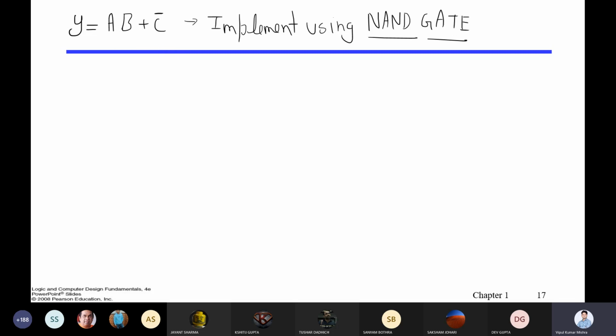Now once you understand, can you implement this circuit using NAND gate? Take some time and try to implement A dot B plus C bar using NAND gate. Means in the entire design you have only NAND gate. Just try it at your end. I'm not there to see you, but I hope everyone will try to do it.